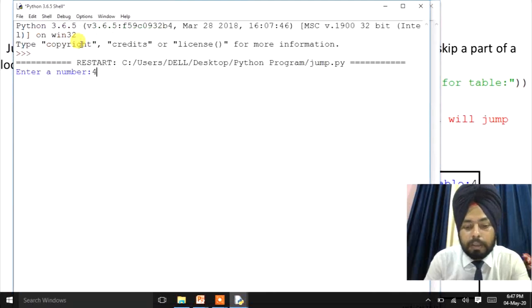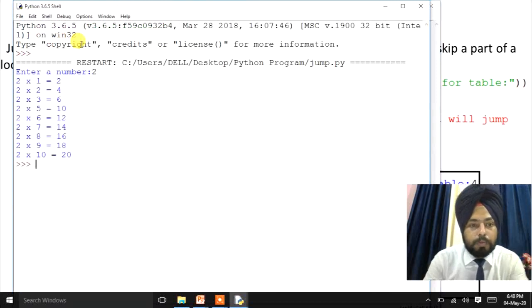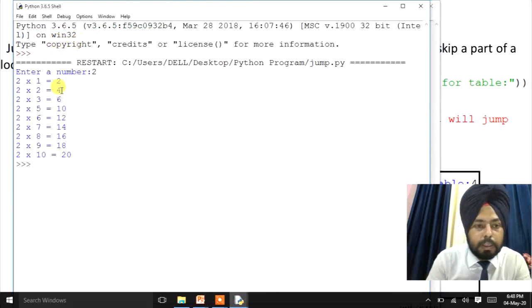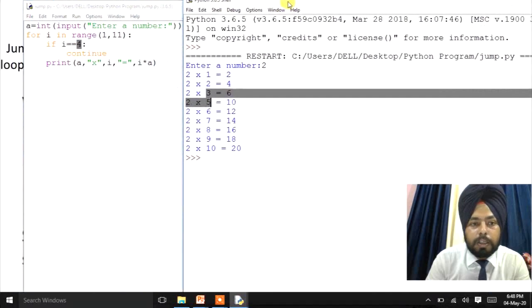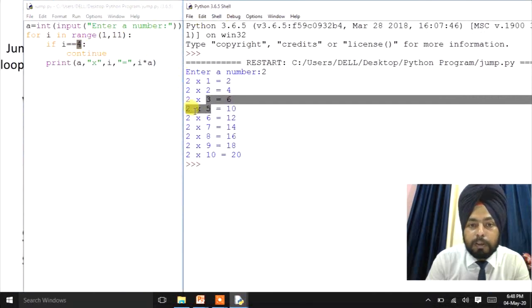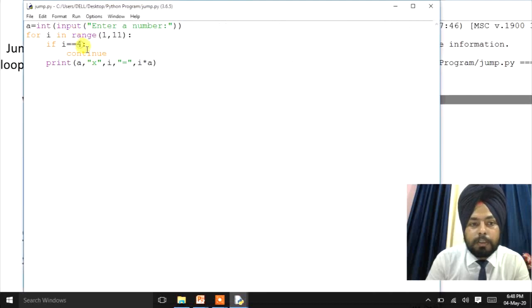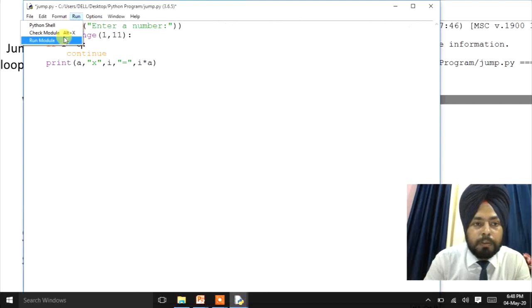Now I'll type here table of 2. If you will see here, it is showing 2 multiply 1 equals to 2, then 4, then 6, then 10. In between 3 and 5, where the condition is 4, it has jumped on the 4th one, right? If we use here 5, then now it will jump on the 5th number.